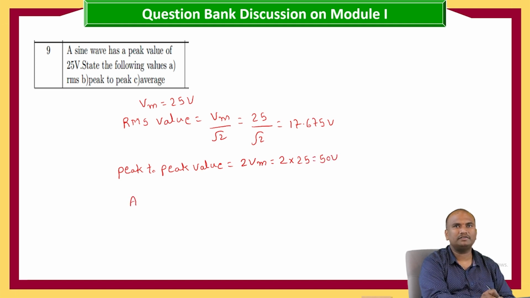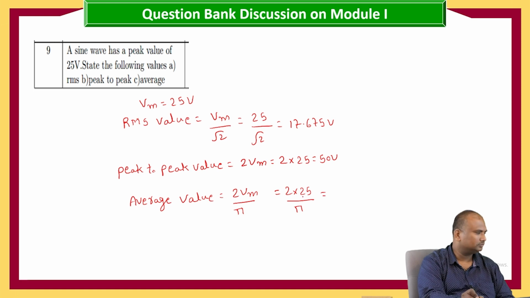Now the average value is equal to 2 Vm by pi, it is equal to 2 into 25 by pi, which is